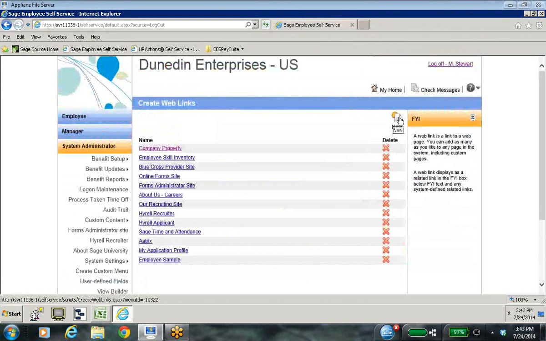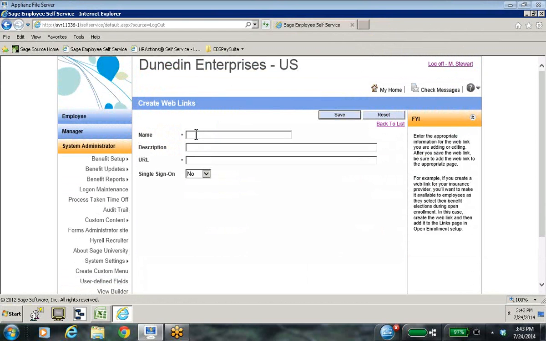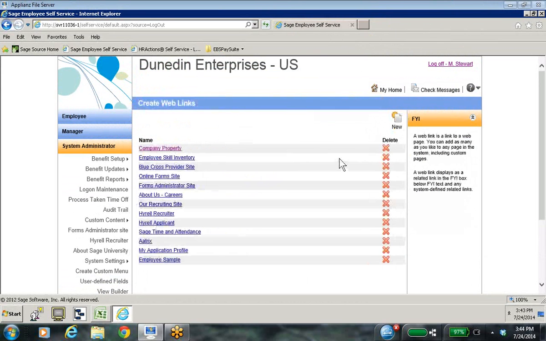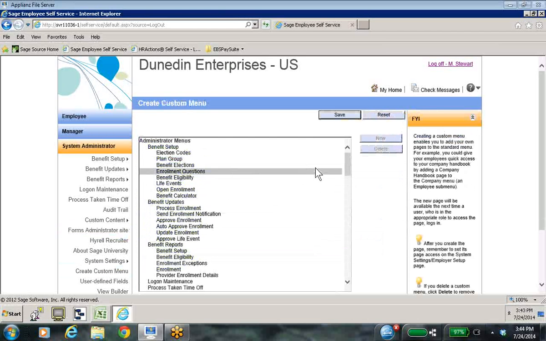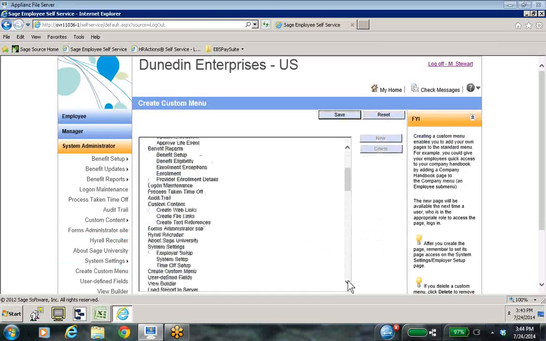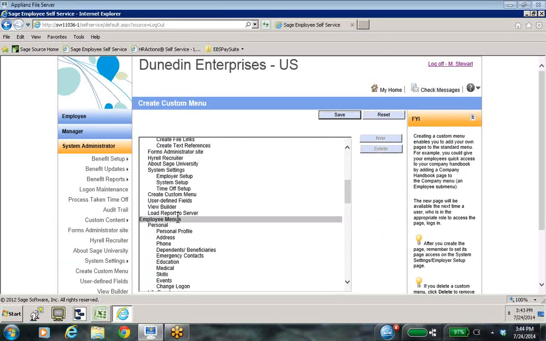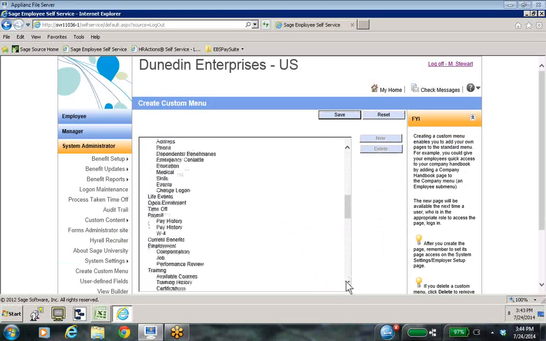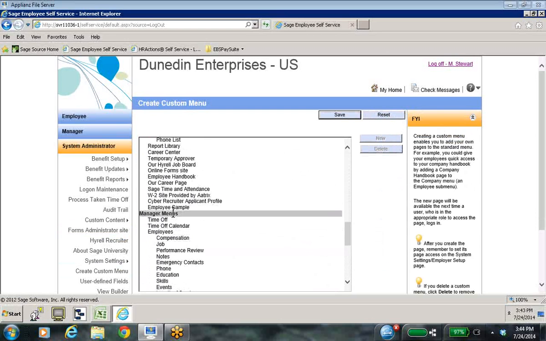So you would just click on New, put in the name of this web link, which would be whatever you've called this particular view, with a description, and then you would just copy in, do a Control-V, your information from your clipboard. Once you've done that, then we go to our Create Custom Menu area. And if you want it for employee only, we would choose the employee menu. If we want for the manager only, we would go to the manager menu, highlight it, click New,